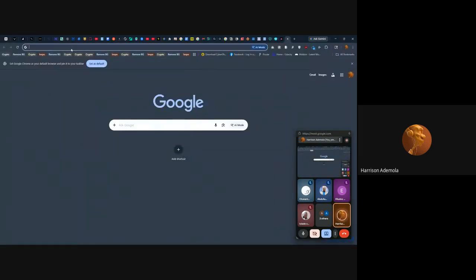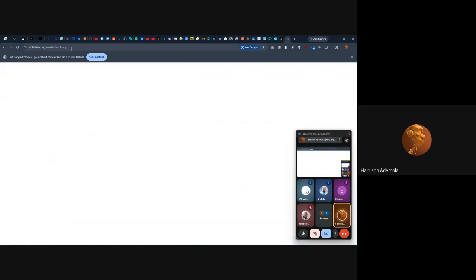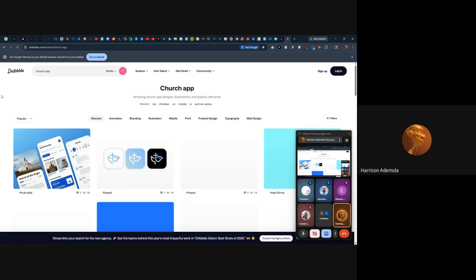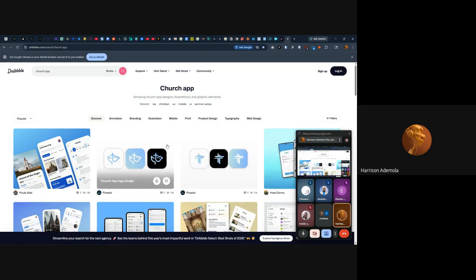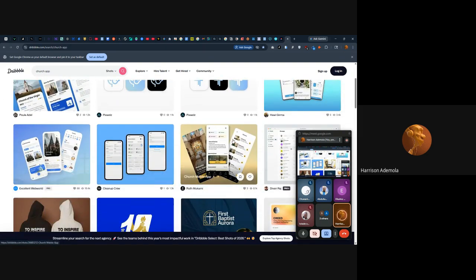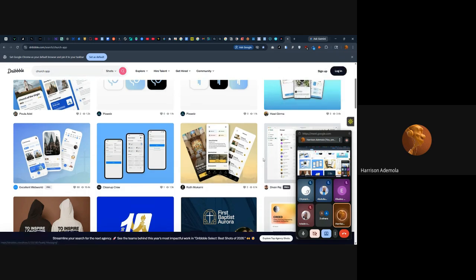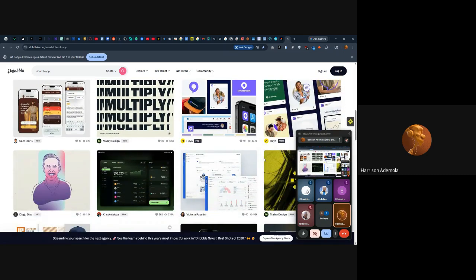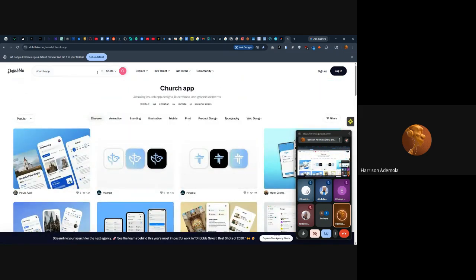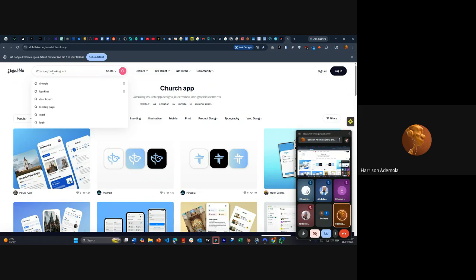So we have the likes of Dribbble that you can just go to and get a particular design, get inspiration like mood boards to designs that you want to work on, right? When all this is downloading, you see thousands of designs that are being done by different personas. So this one is a design for, I searched for a church app. So you can just come here and search for the design that you're looking for, depending on what you want to work on. But for today, we are working on a,